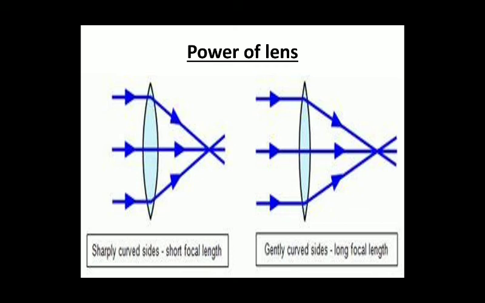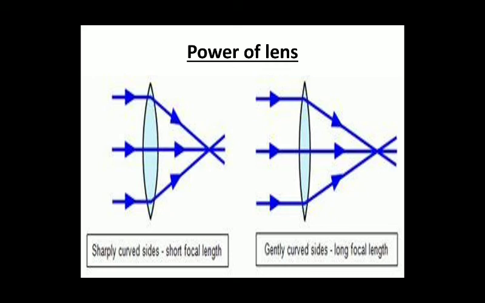or we can say the midpoint of the radius, which represents the focus, is also less in the case of a thick lens. In the case of a thin lens, it is a part of a bigger sphere, so the radius is more, so the focal length is more. And as per the rule, when parallel rays pass through the lens, they will concentrate at the focus. So what you are observing is that in the first case more curvature is there, less focal length is there, and the converging power is more.